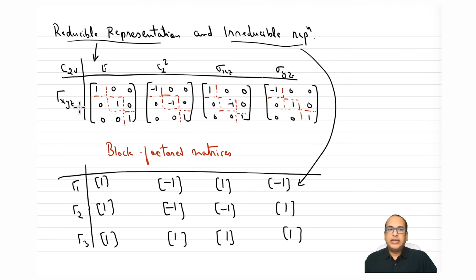The advantage is that there can be many reducible representations for a particular point group, given that we can have as many basis sets as possible. So you can have n number of reducible representations in n dimensions. There is no count on dimensions. Also, for water you can have a 6x6 matrix, a 3x3 matrix, depending on what their basis set is. But there can be only a certain number of irreducible representations for a given molecule or for a given point group.